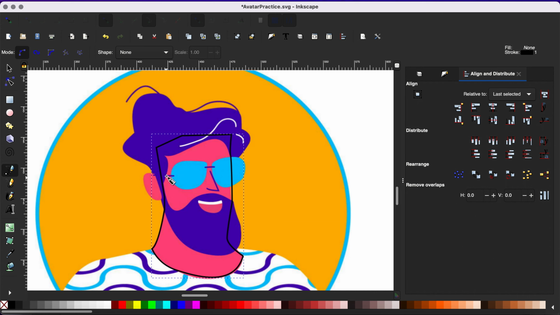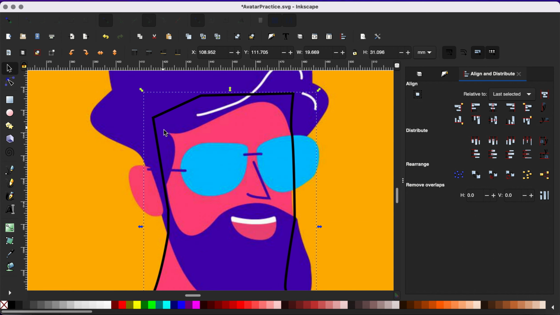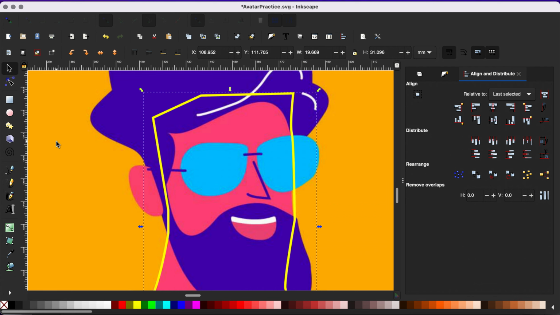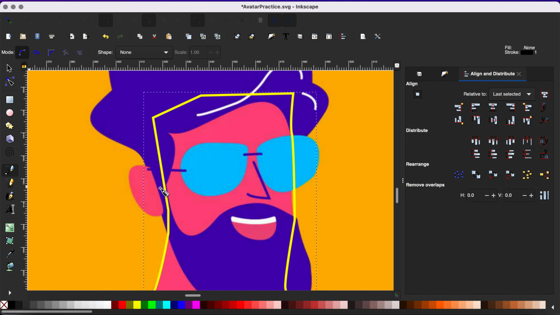I'm going to start to make my beard and my hair here. So for the beard, I'm going to change the color of this. And then I'm going to start to make the beard here. The beard and the hair are going to be two pieces. So I'm going to make this section here like this, and then I'll come around here like that. Draw this curve here like this. Come up like that. Come around